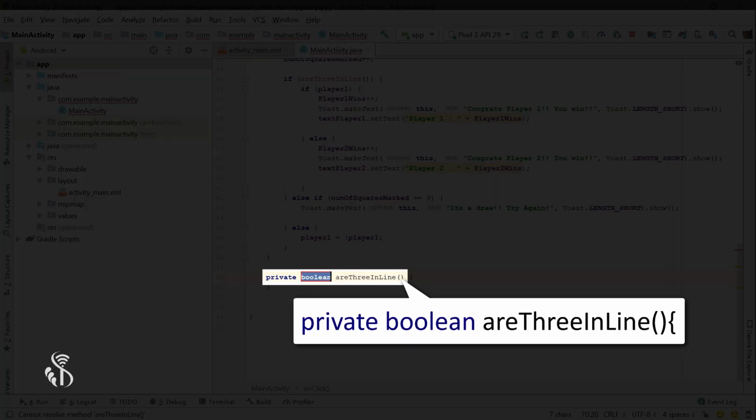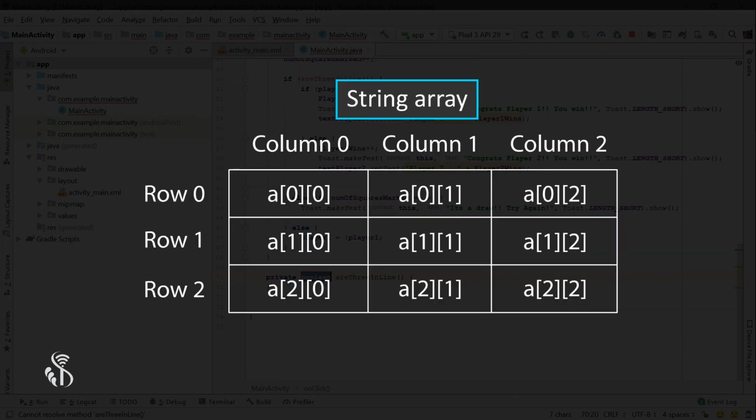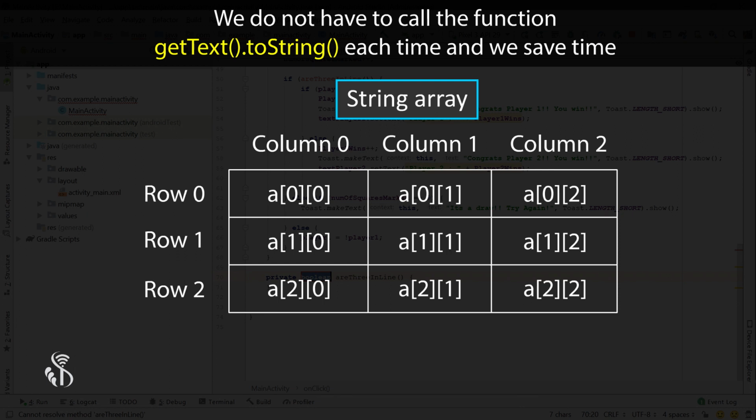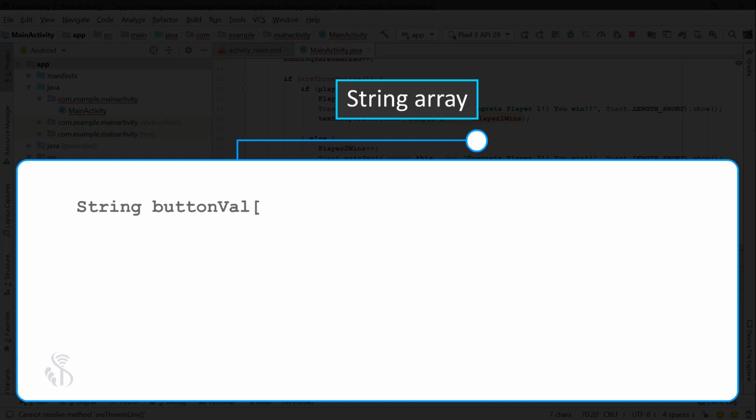private boolean r3inline() { The first thing we do is to create a string array to store the information about what has been marked on each button. If we do this, we do not have to call the function getText().toString() each time, and we save time. String buttonVal[][] = new String[3][3];